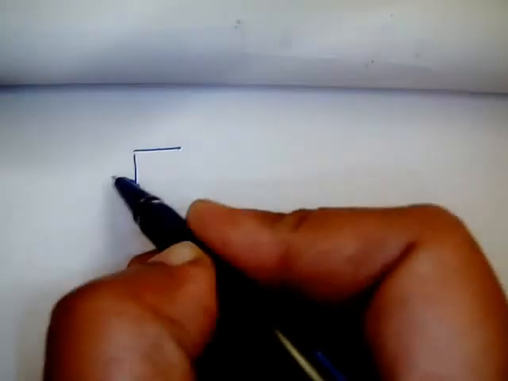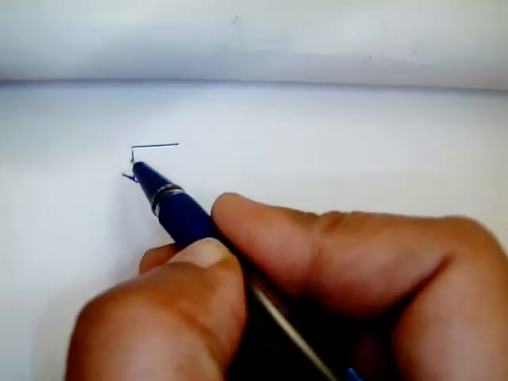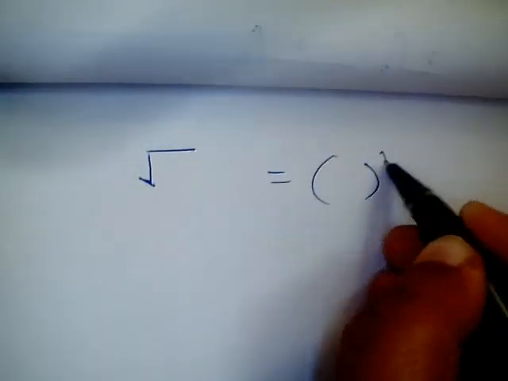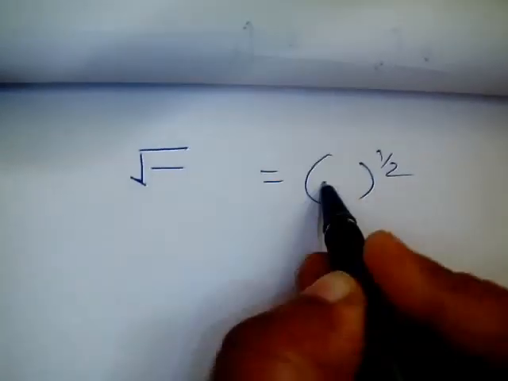In this video I am going to talk about radicals. Radicals and the square root are almost similar, but what is the difference actually? When I write this sign here, you can see there is no index. If there is no index, it means it stands for the power half. Whatever is written inside stands for power half.